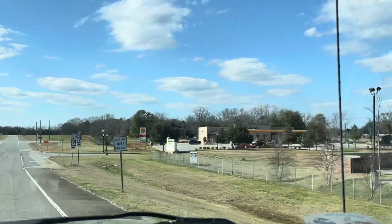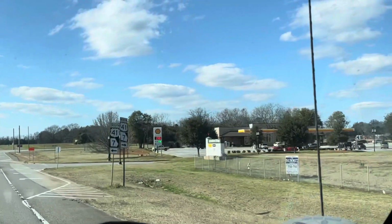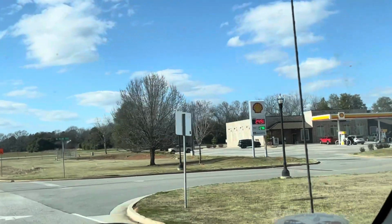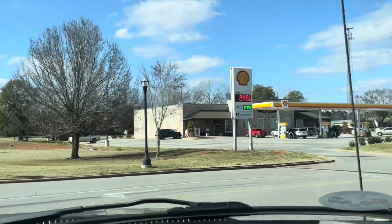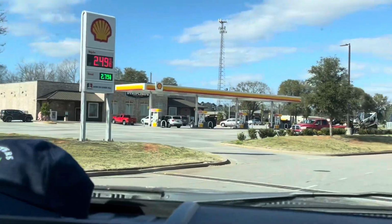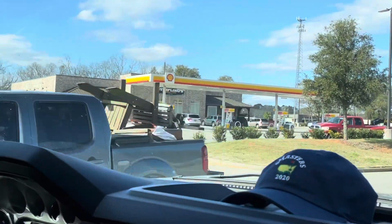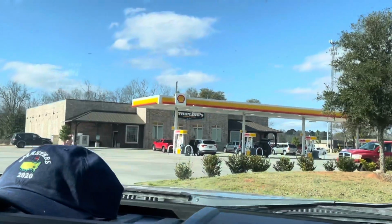We're coming up on Striplings. There's a Waffle House on the right, and then a Shell station, but it's actually really a butcher shop that happens to sell gas as well. Striplings is about the cutest little general store, and we stop here because of their amazing meat selection and their meat counter. On this trip, I'm going to cheat on the little beaver because we're not going to make multiple stops because it's a bit of a long drive. So I am still paying homage to him with my hat, but we'll go into Striplings in just a minute